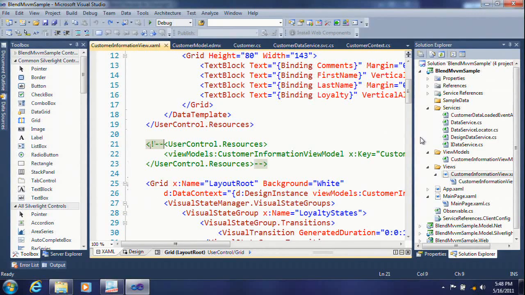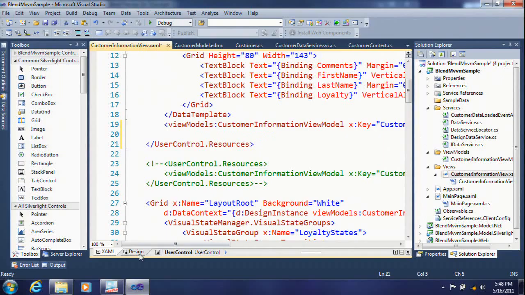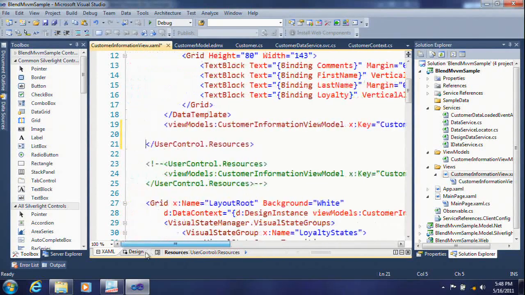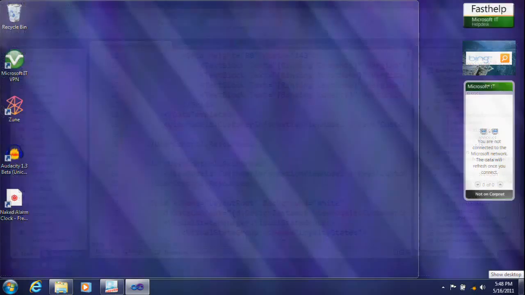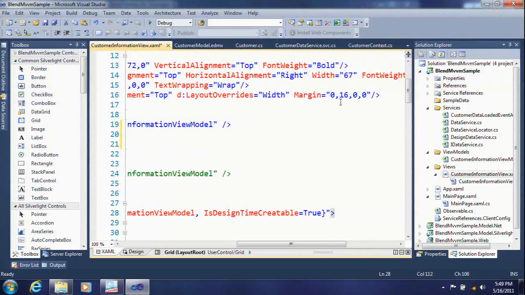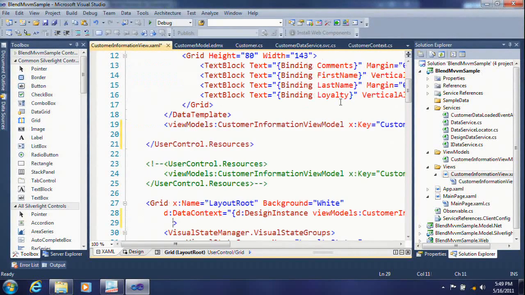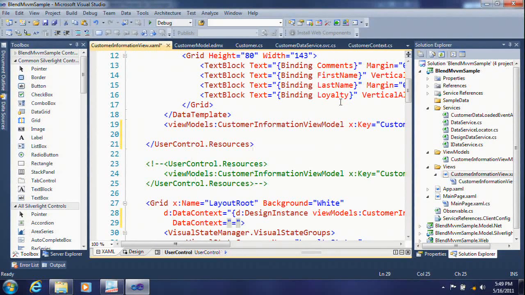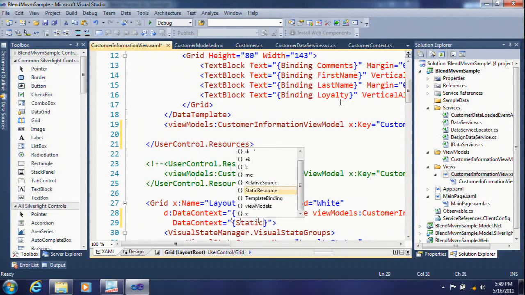So I'm going to pull this out and put it in my resources section. All right, there we go. So now I've got a customer view model inside my resources, and now we're starting to move from the world of design time to runtime. I'm going to leave that design time context over here, but at the same time I'm going to create a regular data context, and it's going to be a static resource